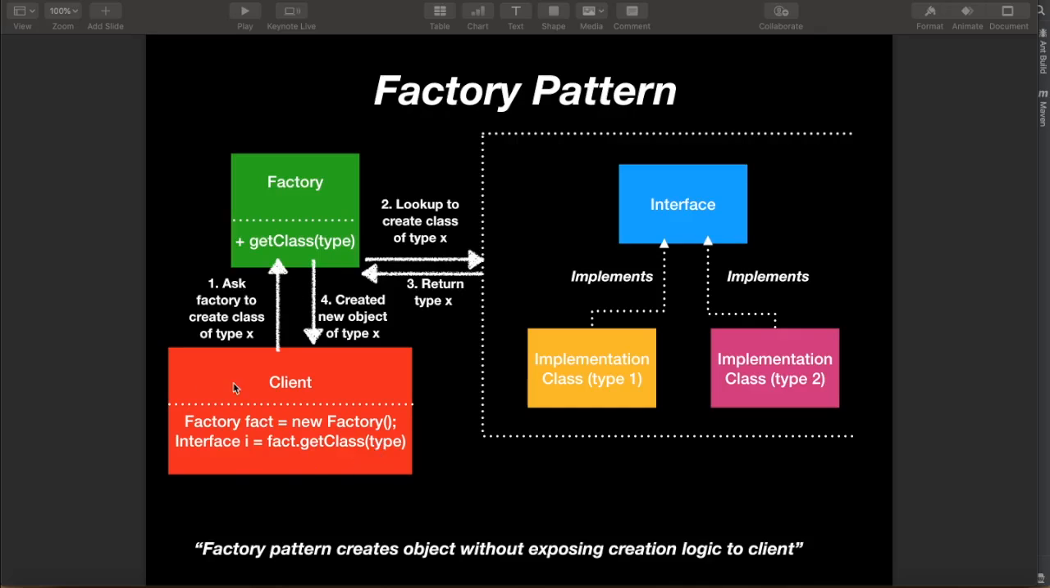So your client, which means you're the one actually calling the method to create a new object. Instead of creating the implementation for the object directly, you call to create a new factory. And from there, you ask it to get a certain type of what you want to create. Then when you call the actual factory to create the class of type X, the factory looks up